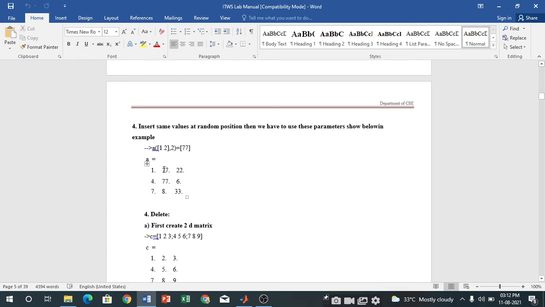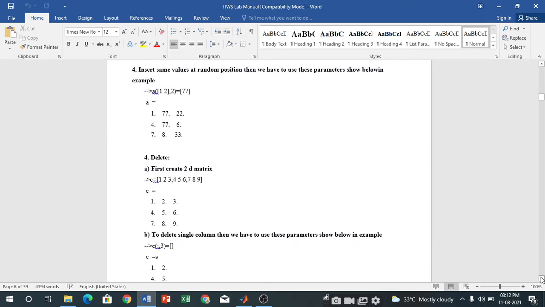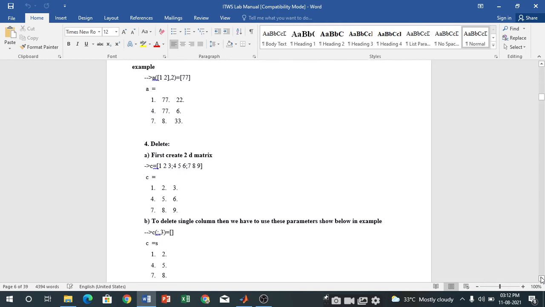Okay, so here we will get 77. These are the commands for insertion of an element into the array. Just as we insert an element into the array, in the same way we are going to delete an element from the array.